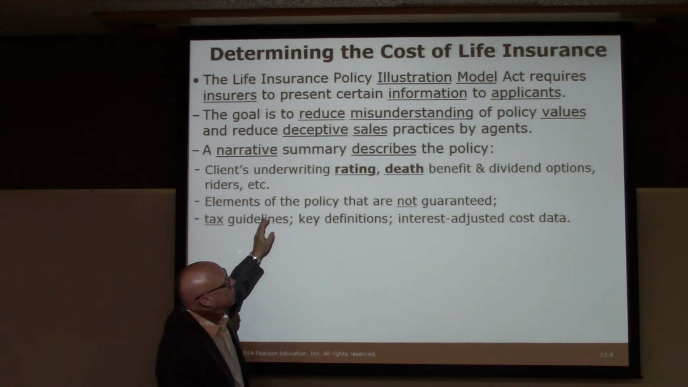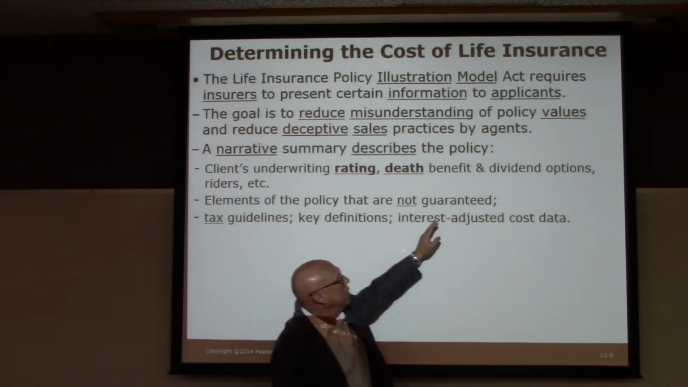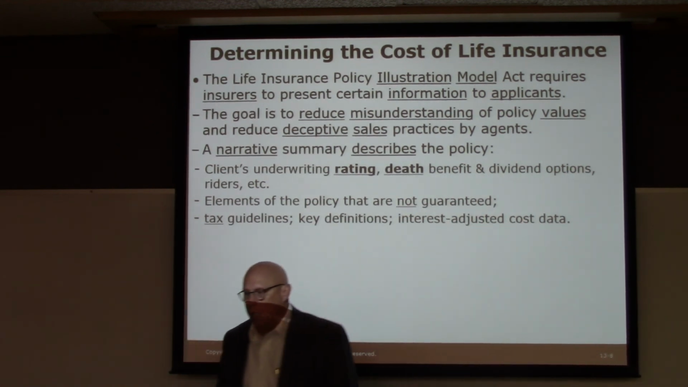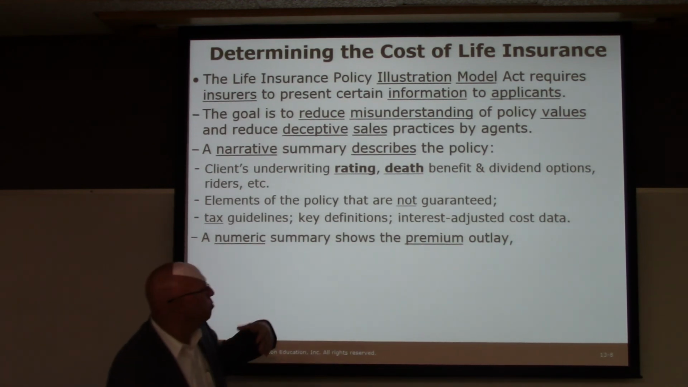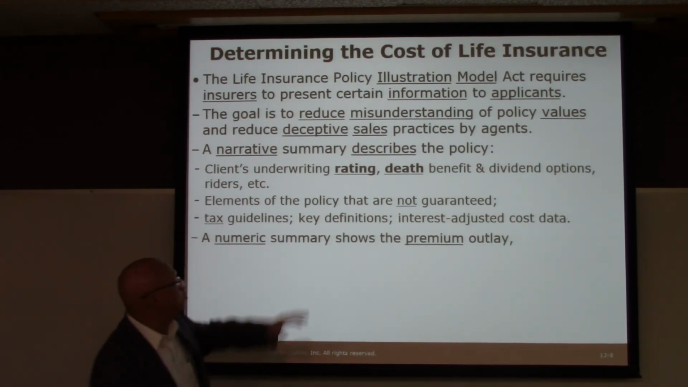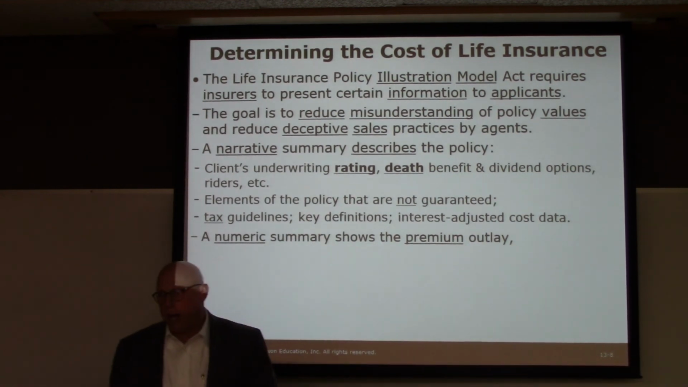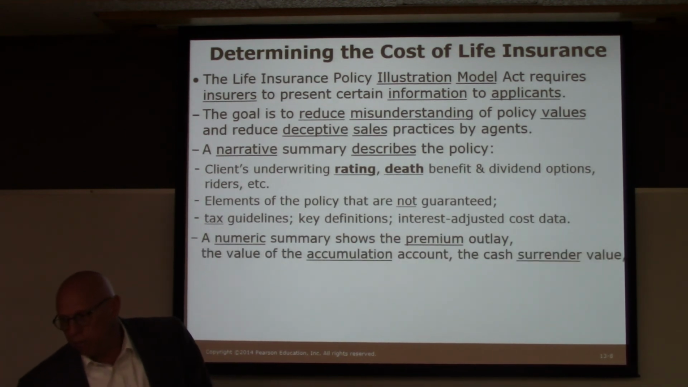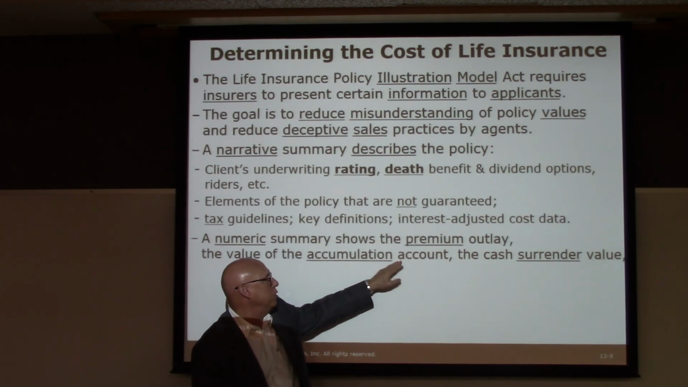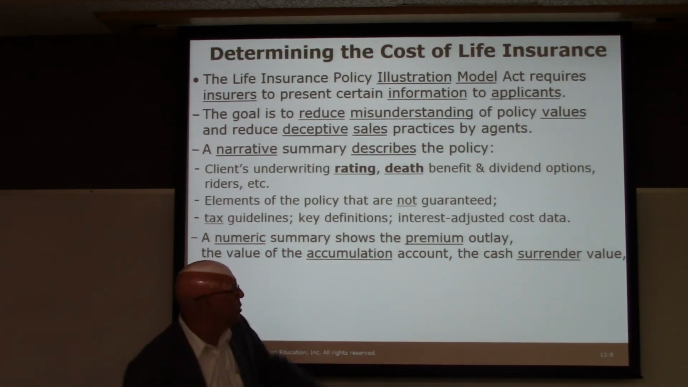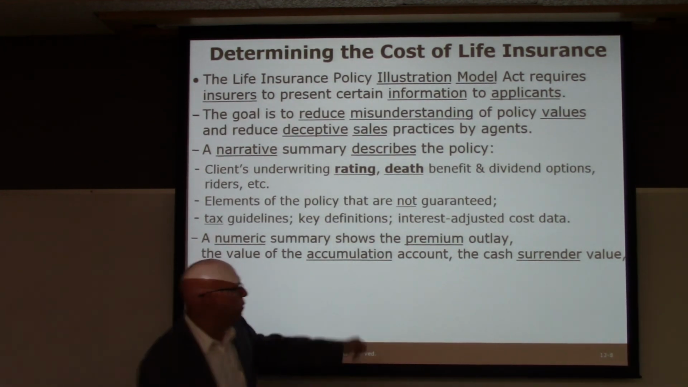Taxes are discussed. Key definitions in the contract are discussed. And then interest-adjusted cost data is explained. Then you have a numeric summary. So first you have some explanations in text form, and then you have a table. The table shows the premium. It shows the value of the accumulation account. This is your surrender value account. This is your cash value account. And you know the difference between this